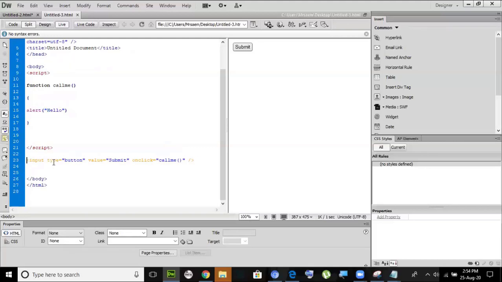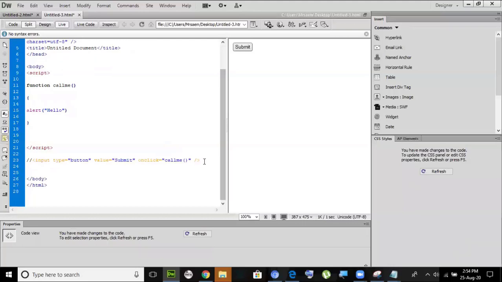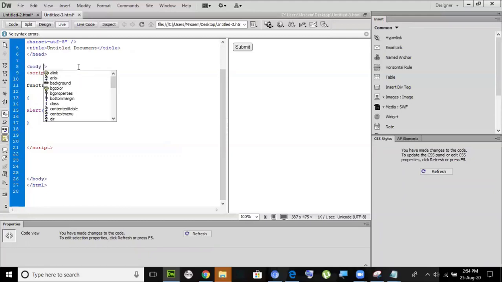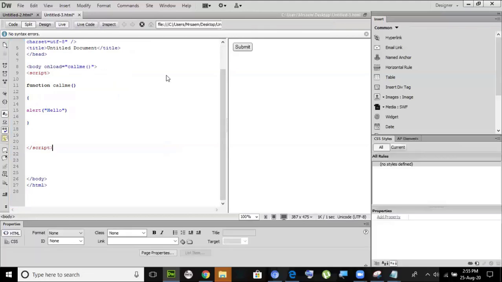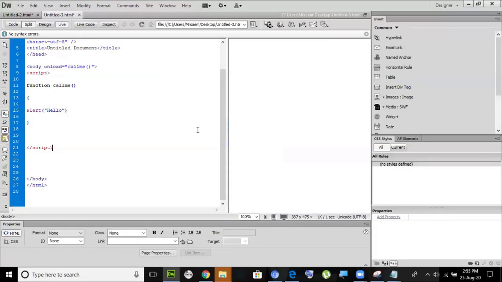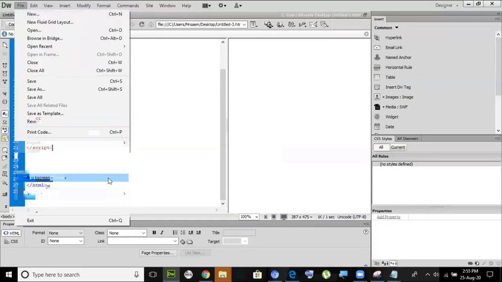What I could do is, rather than doing it this way, let me delete this. In the body of the web page, I could say on load of my page, please trigger it. So as soon as I click on this, it works. This means if I preview this in the browser,